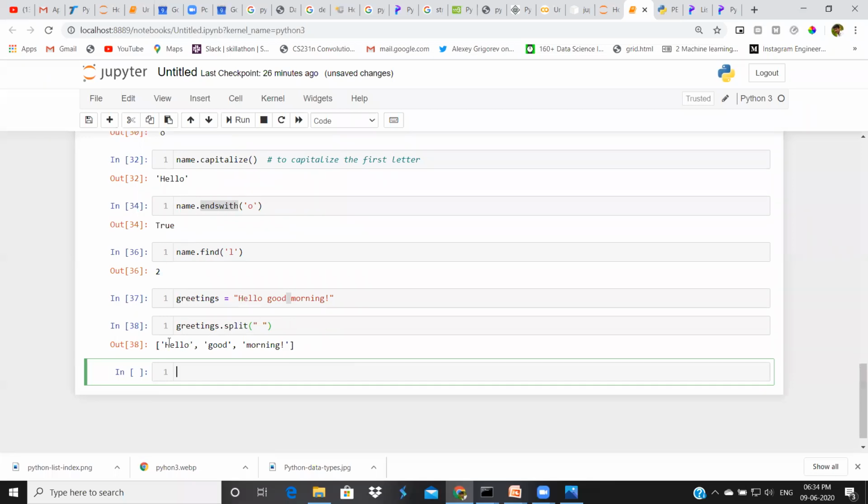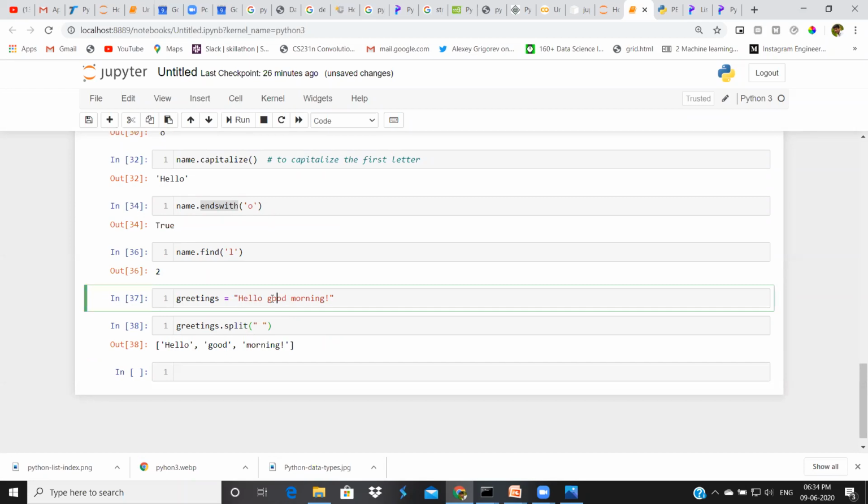Yeah, my complete string is converted into words. My greeting is converted into a list of words. Like this, we can split. For suppose I have a comma here, we can separate this by comma as well.